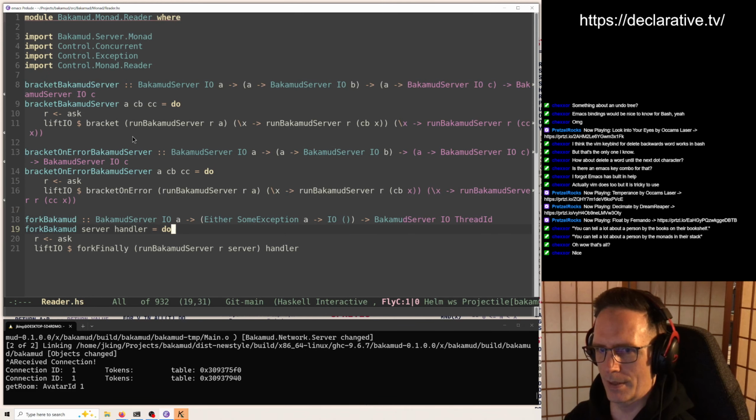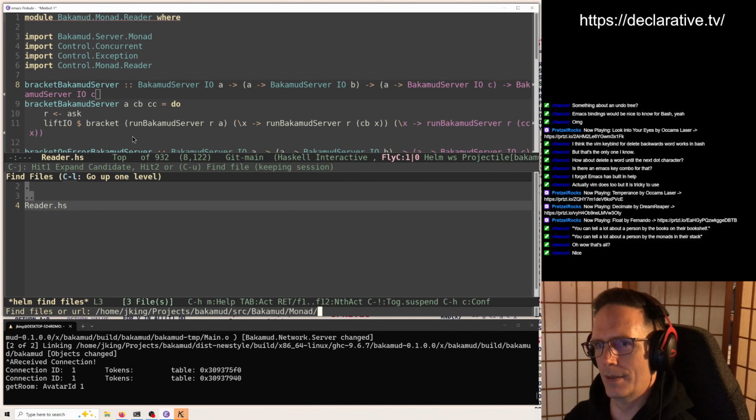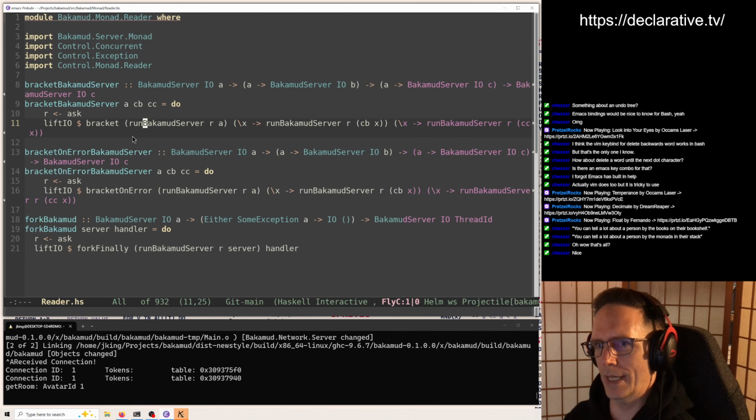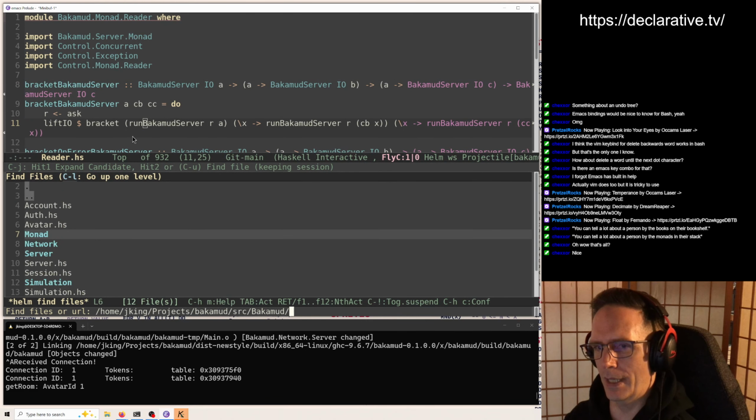So if I want to run something in Bakamud server, I had to write all this fork stuff. Fork, finally, and stuff all runs in IO at the lower level. We end up using this in just a couple of places in order to do brackets and stuff when we're running in the Bakamud ReaderT, because the ReaderT has the configuration for the server.